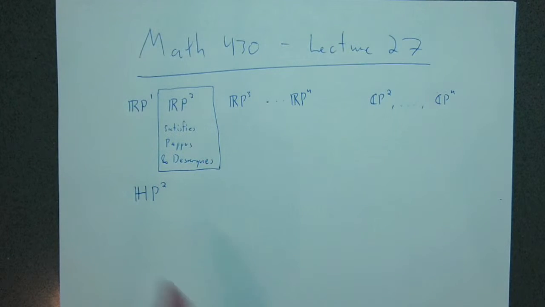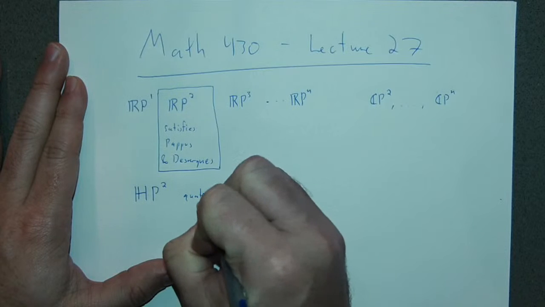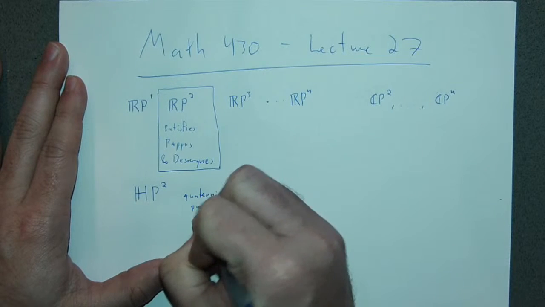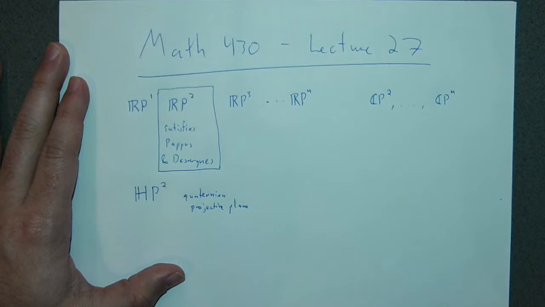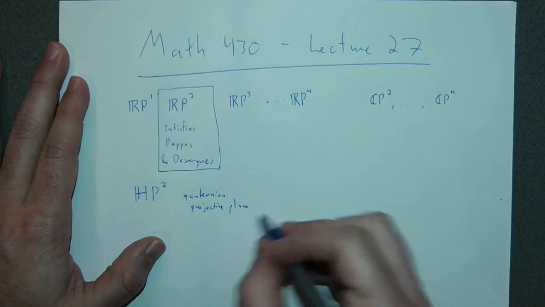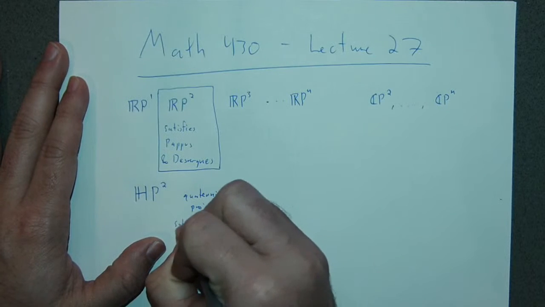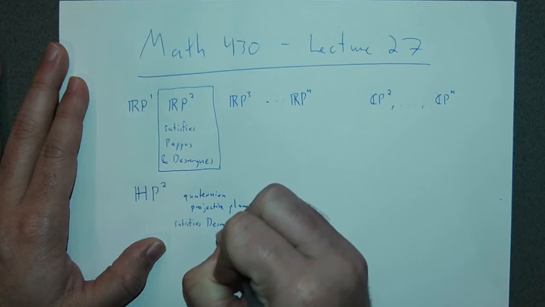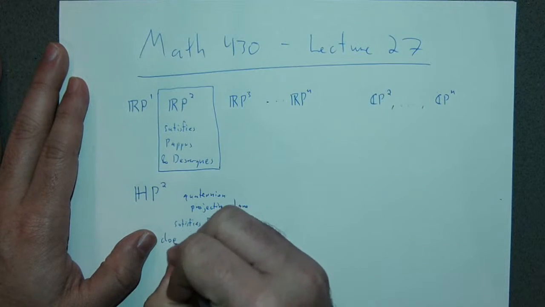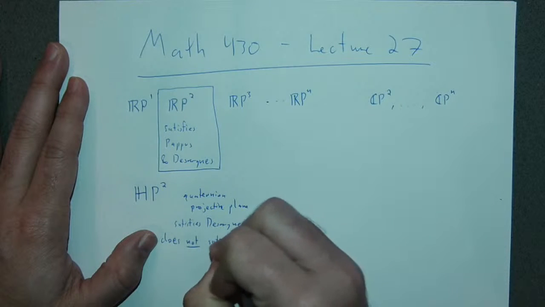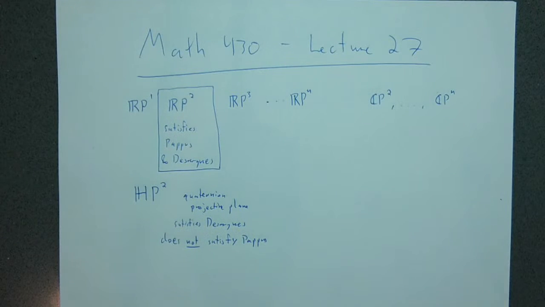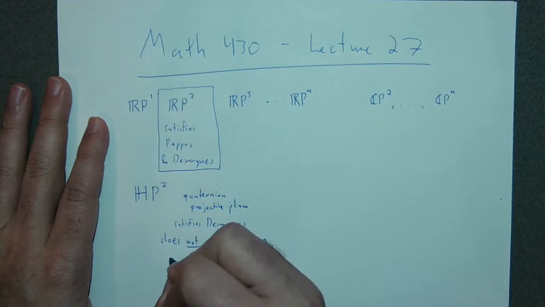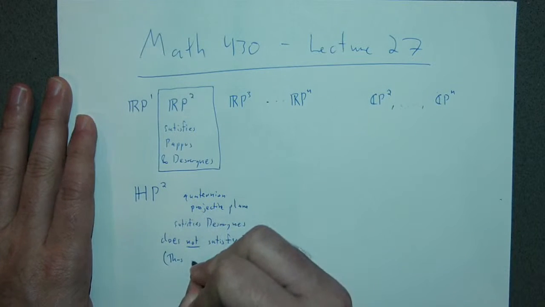But this Quaternion projective plane, it is a projective plane, so it satisfies the projective plane axioms, but it is non-Pappian, so it satisfies Desargues, but does not satisfy the Pappus theorem. Okay, and so thus our